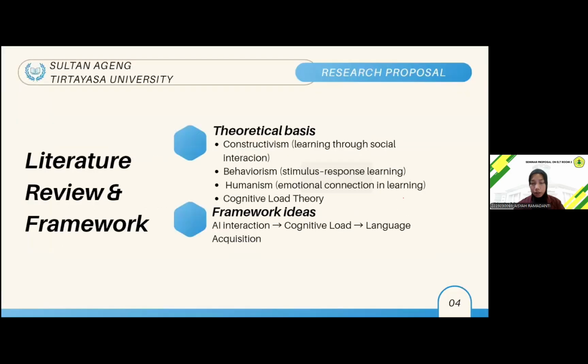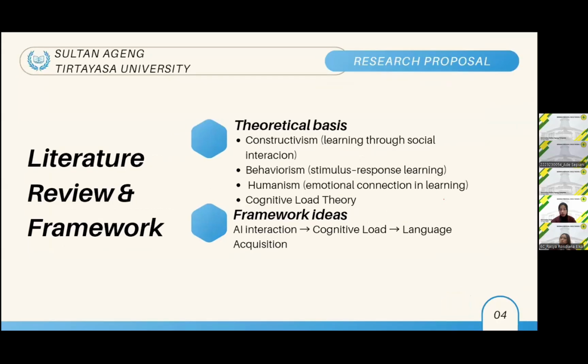Third, humanism, which emphasizes emotional connection and personal meaning in learning. This is something AI currently lacks. And finally, cognitive load theory, which explains that learners have limited mental capacity. If the information is too complex or too much, it can reduce